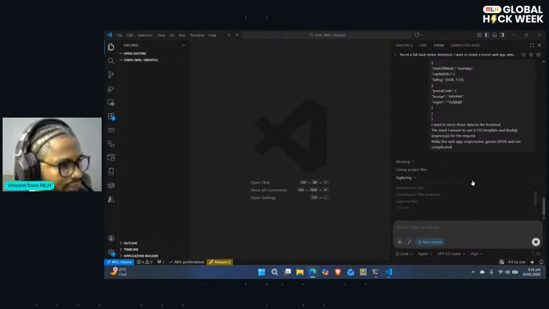Starting with files, I don't have any files yet, so it should create them. Let's see what it comes up with, and let's see how fast it can be. They claim to be fast, so let's see.